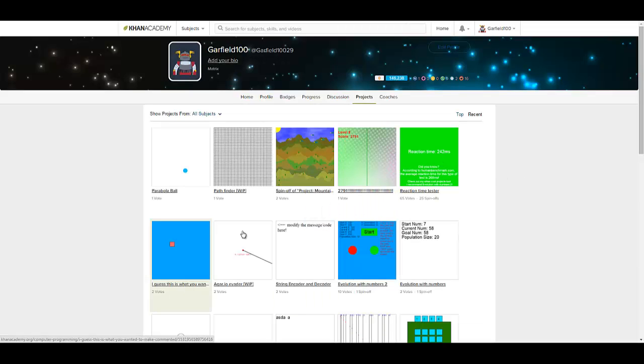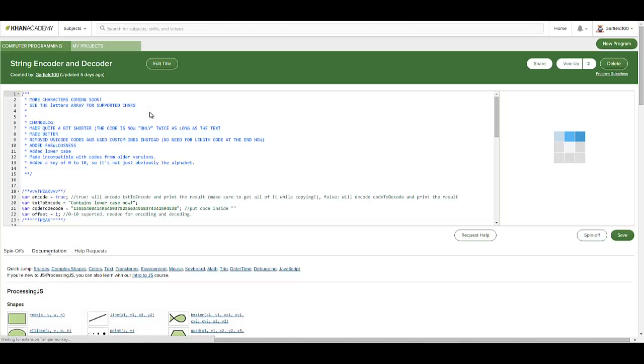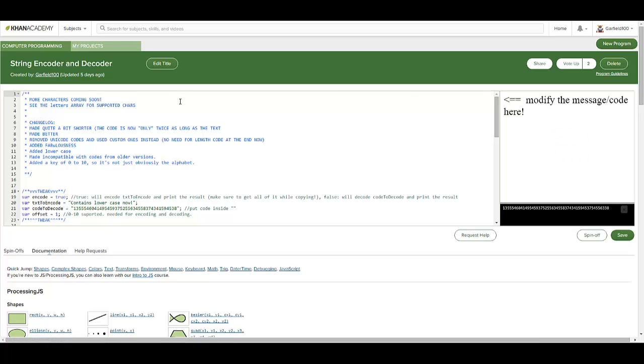As you can see here. So, oh yes, then we have a string encoder and decoder, which I also made. So you could encode stuff on it, send it to my friends, and be like, decode it. Or I sent a link of the decoder to one friend, and then I could send the message into a group, and only he would be able to read it. That was quite fun.